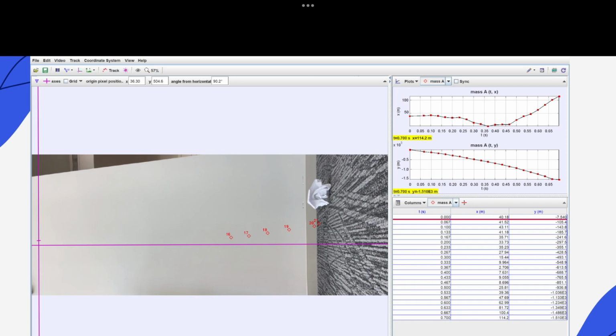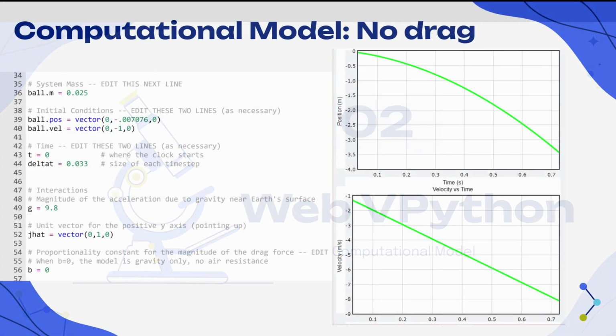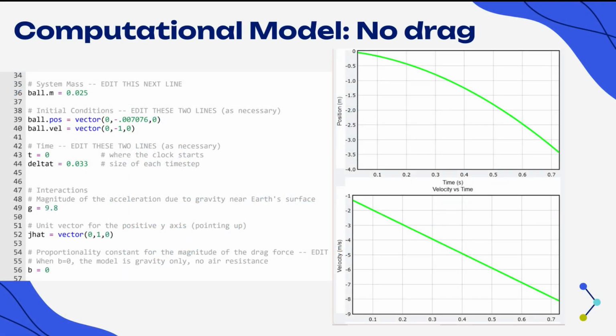graphs. And then for the code, for the model without drag, we set the mass of the ball to be 0.025 kilograms, the initial position to be negative 0.007, because that was what was in the video, and then a delta t of 0.033, because that was also in the video. And then g, the acceleration due to gravity, is 9.8, because that is a constant. And then we leave b as 0 because this one doesn't have a drag. And as you can see, the graph also is curving downwards and is not constant, so the position versus time